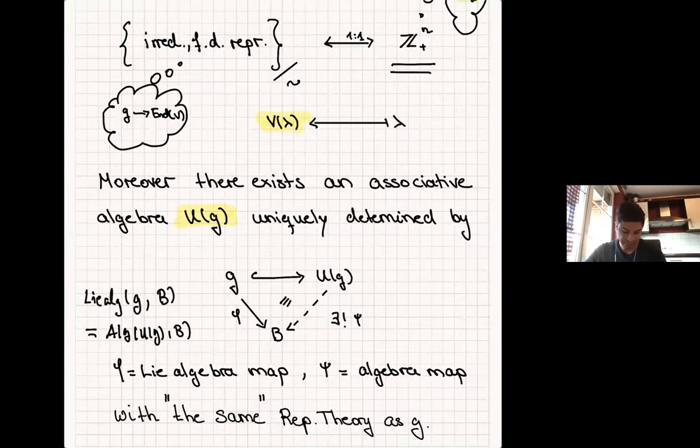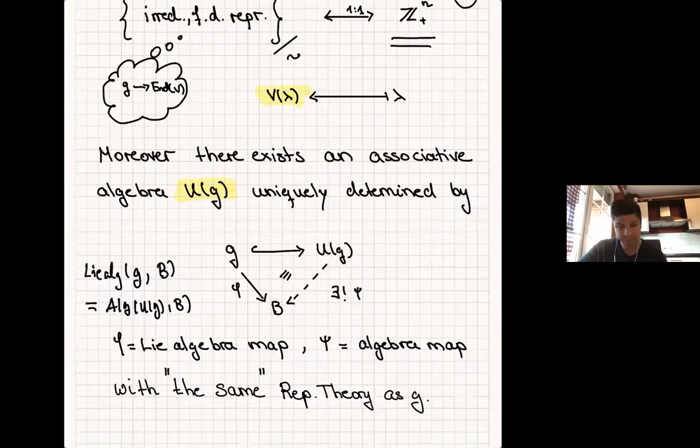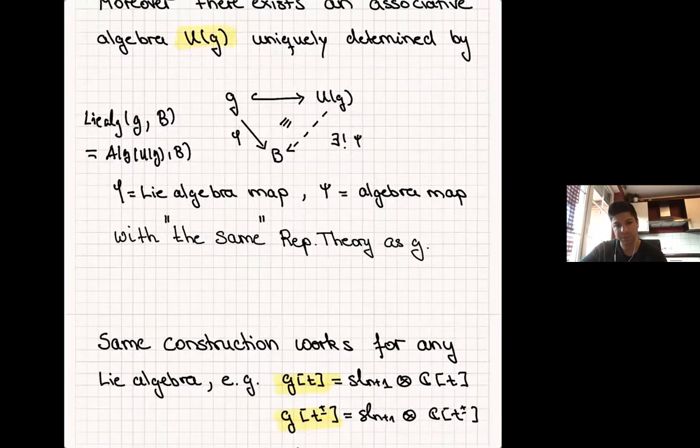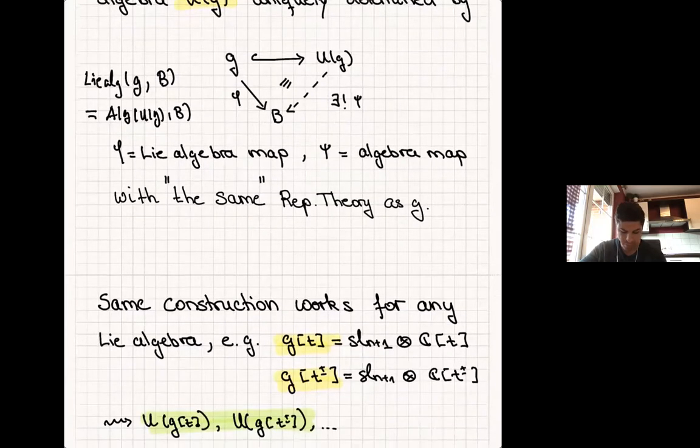And the thing is that the representation theory of G and U of G is the same. Okay. And this kind of construction is nothing special which works for SLN+1. It works for every Lie algebra. And the Lie algebras I want to discuss in this talk are the current algebra GT, and also the loop